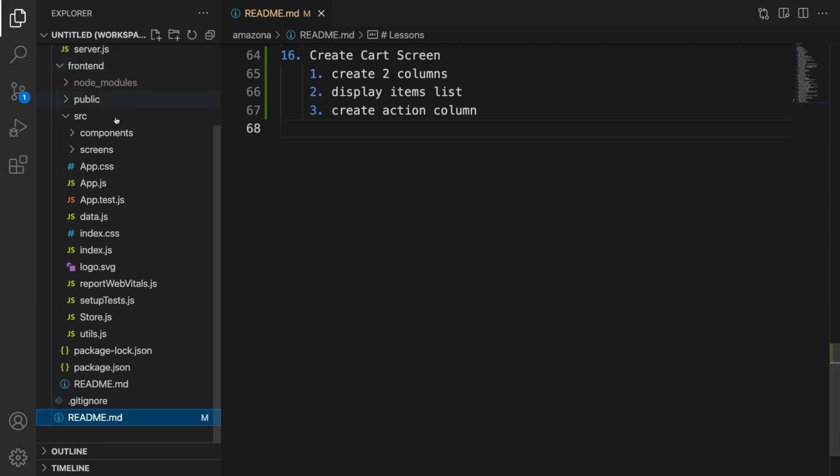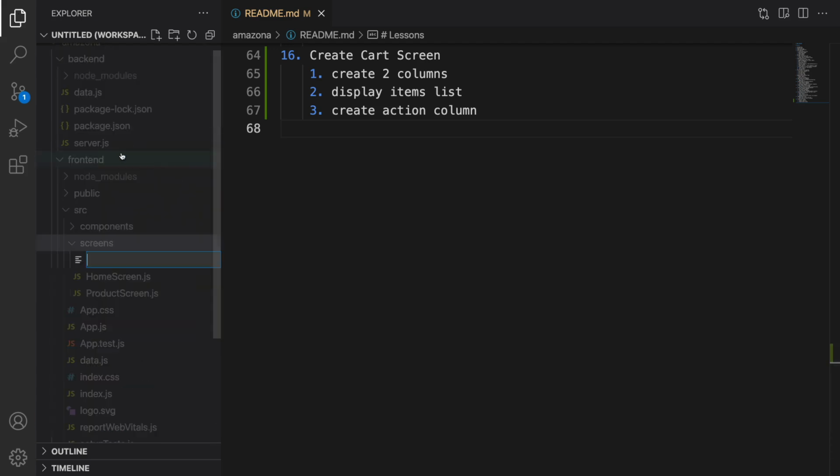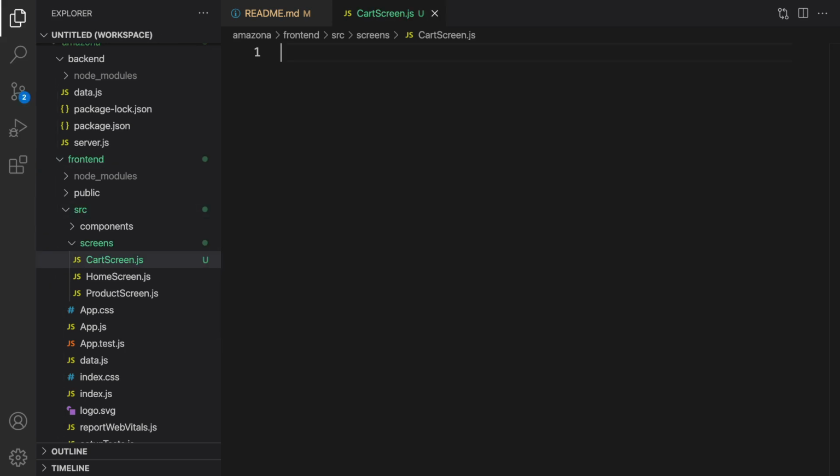First of all, go to the screens folder, right click and create a new file. Set the file name to cartscreen.js. Inside that, we're gonna create a functional component. Use export default function CartScreen. In this function, we are going to